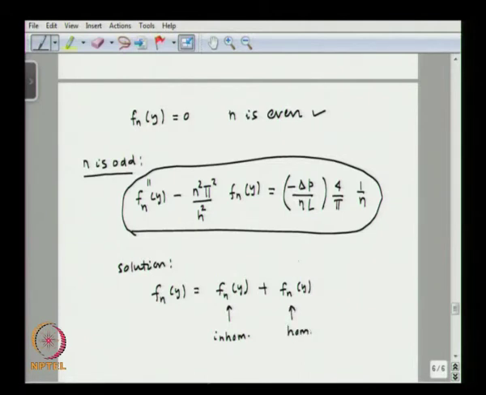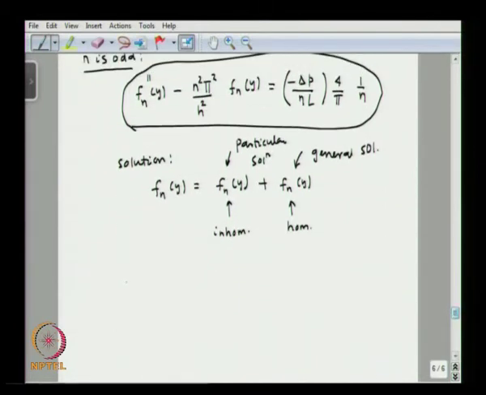Okay. And this is also called the general solution, and this is the particular solution. Okay. Now, to obtain the inhomogeneous solution, f_n(y) inhomogeneous,